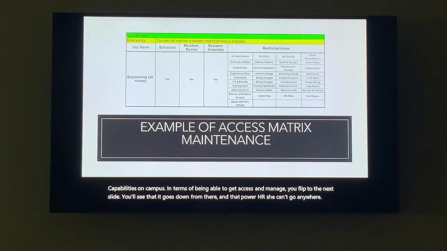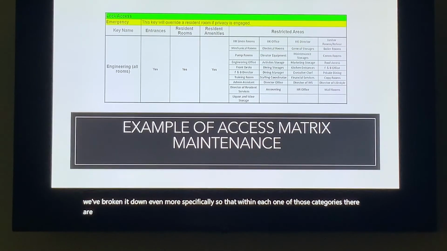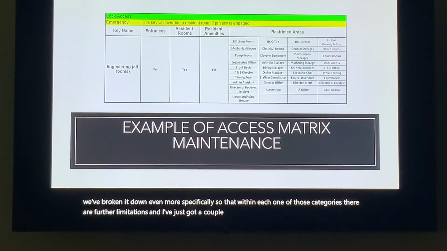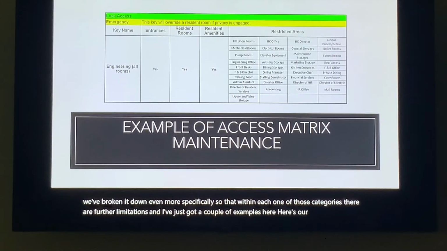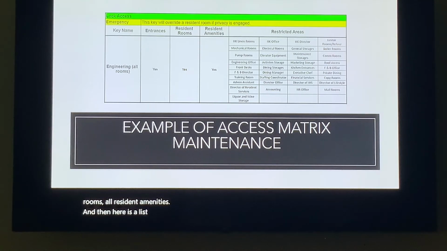All right, so we have 15 categories. We have 4 different locks. 4 times 15 is 60. And now we've broken it down even more specifically so that within each one of those categories there are further limitations, and I've just got a couple of examples here. Here's our maintenance. This is right there at the top. They have access to all entrances. They have access to all resident rooms, all resident amenities, and then here is a list of restricted areas that